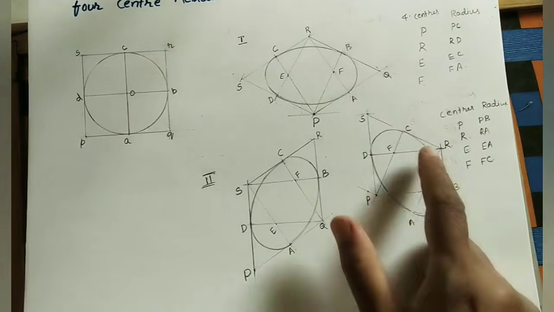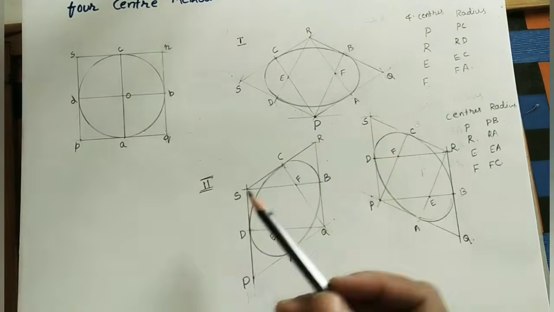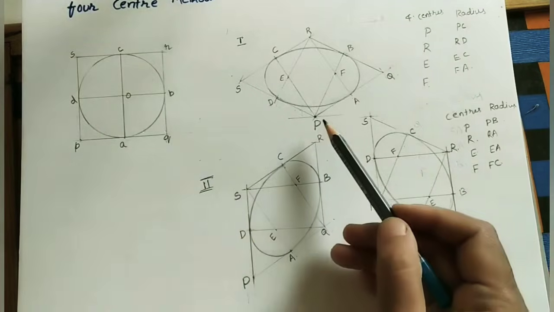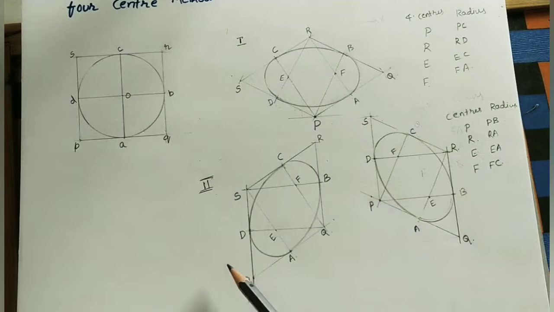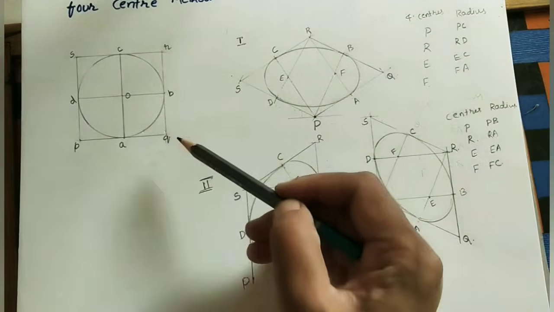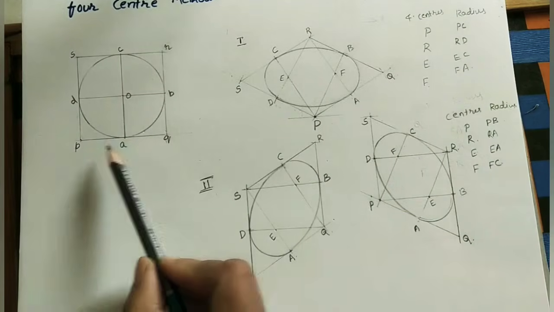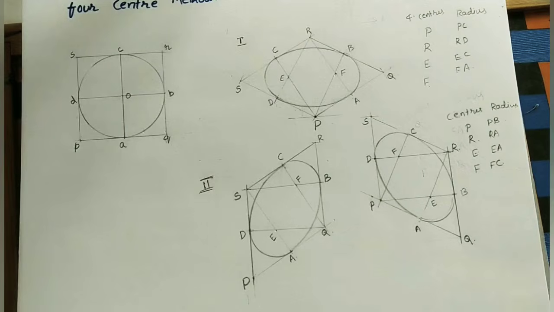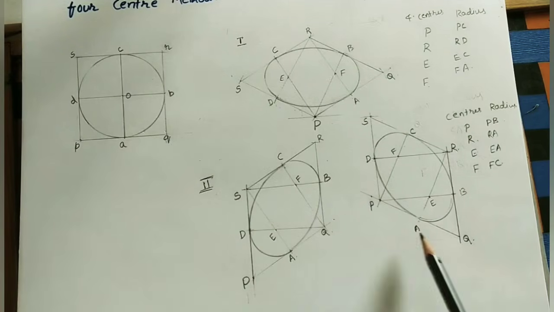So this is the isometric view for this orthographic view. Here we did the 2 methods for doing the isometric views. In the first method, both horizontal lines and vertical lines are tilting 30 degrees to the horizontal line. And in the next method, all vertical lines are as they are. In both cases, horizontal lines are tilting 30 degrees to the horizontal line. In the first case we are taking the initial point as P. In the next case we are taking the initial point Q.